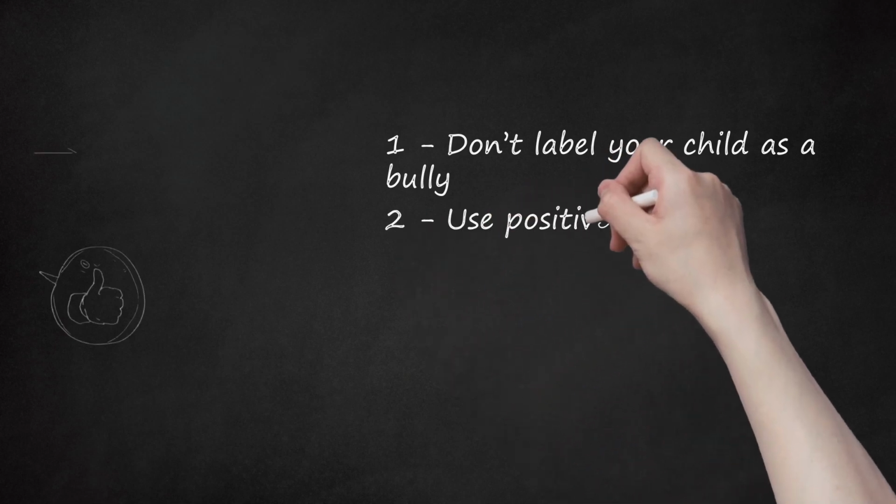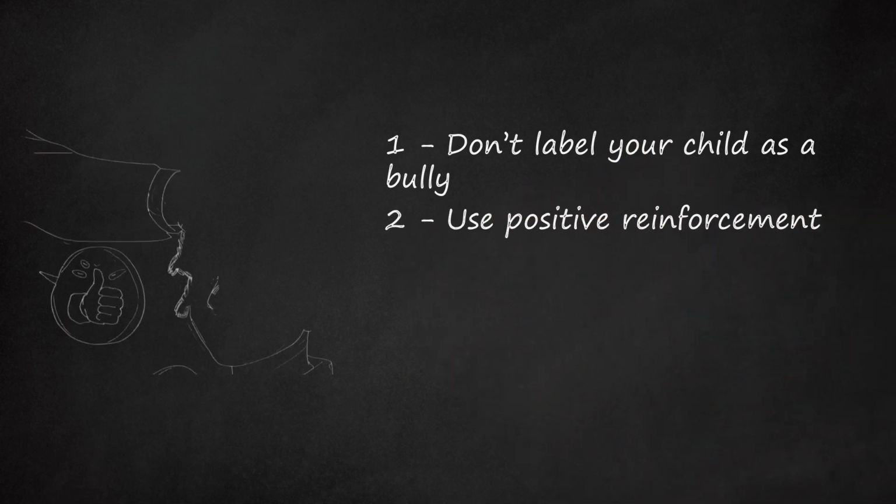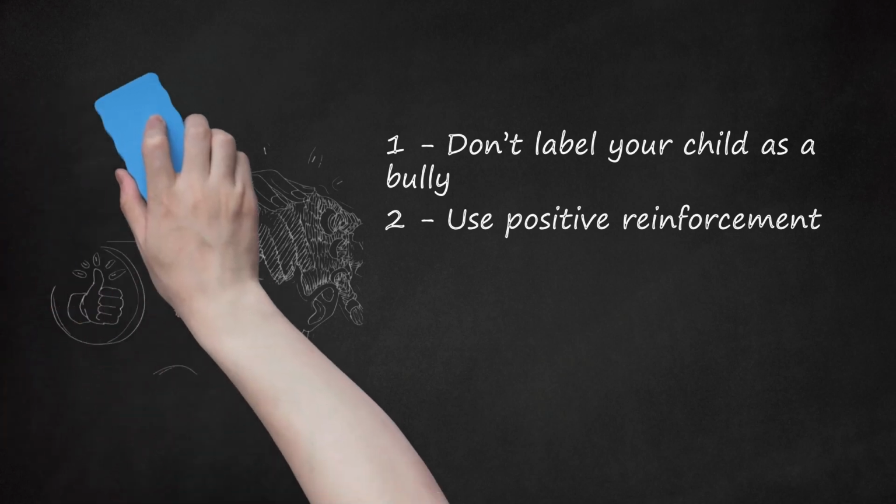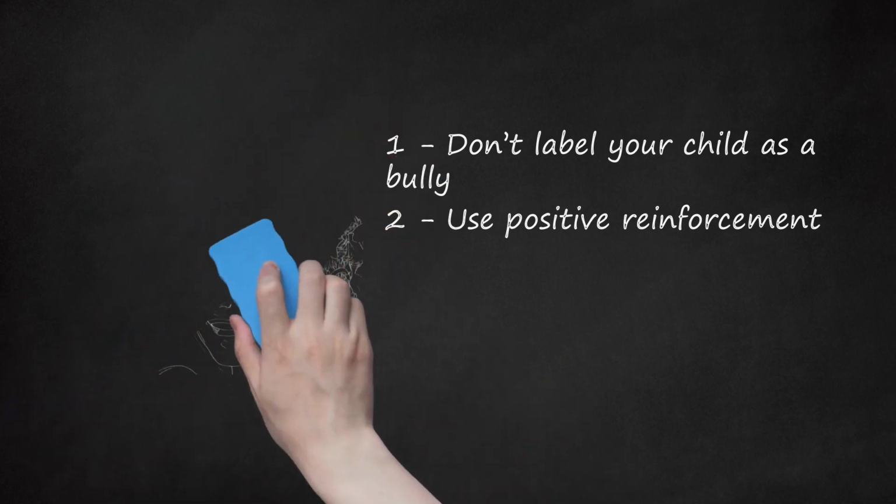2. Use positive reinforcement. When your child acts in a way that is the opposite of how a bully acts, offer verbal praise and encouragement. You might say, "I really like how kind you were to your classmate," or "I heard you were very generous with your toys in class. Great job." Children respond positively when parents praise them, and this positive reinforcement is an effective way to correct bullying.